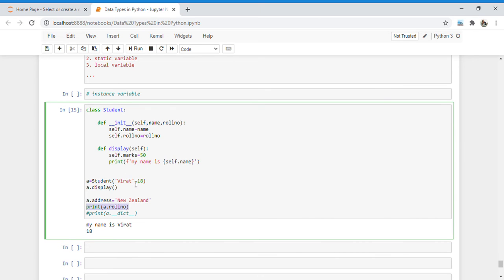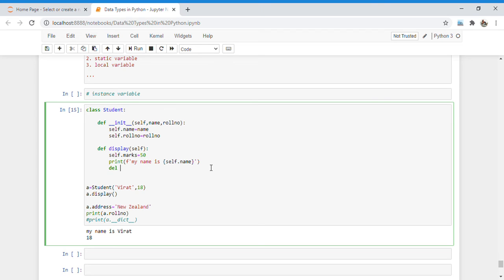Now if I want to delete, I use del self.name. It deletes the instance variable for me.